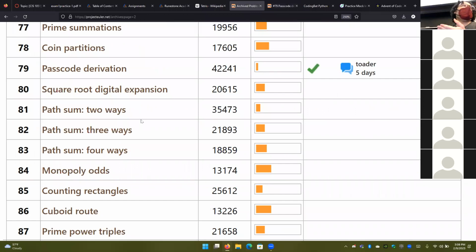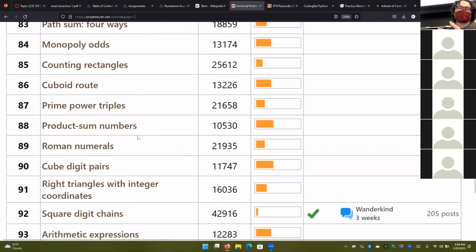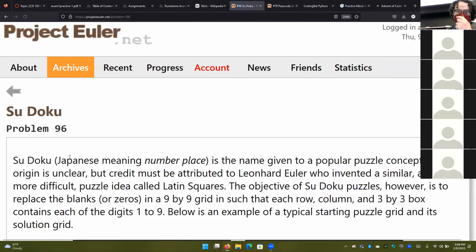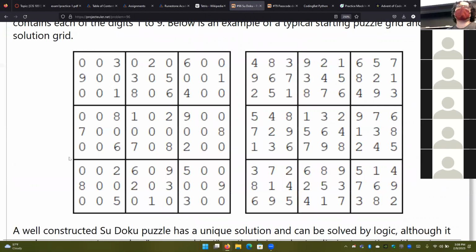And all that is a graph problem dressed up as a security question. Sudoku, one of those very fun ones. You've probably seen this puzzle before. Write a program that solves 50 of these suckers and just does it. These are a lot of kind of fun puzzles that we can do there.